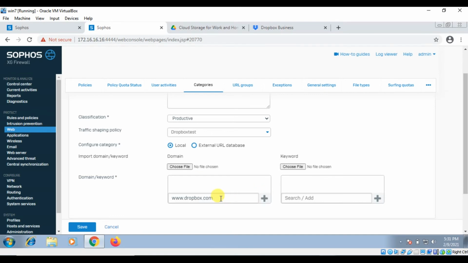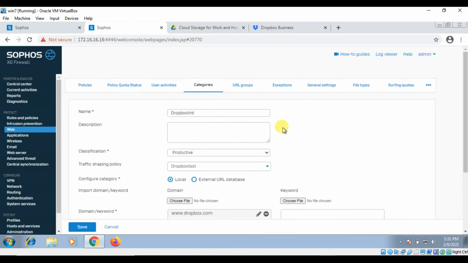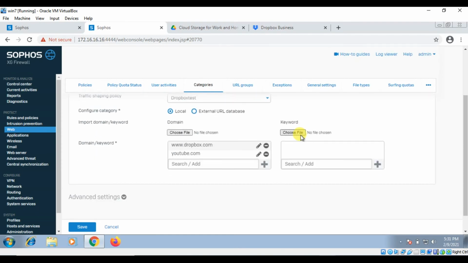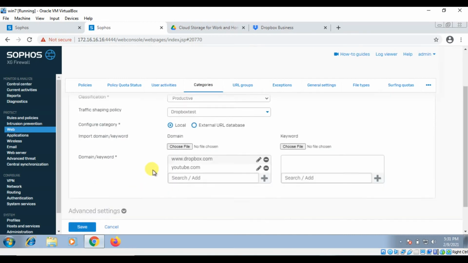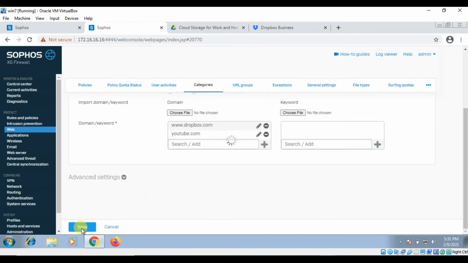You can also add any URL on which you want to apply this rule, like youtube.com, and put the name accordingly so that you can identify it in the future. This is just an example. Click on save.